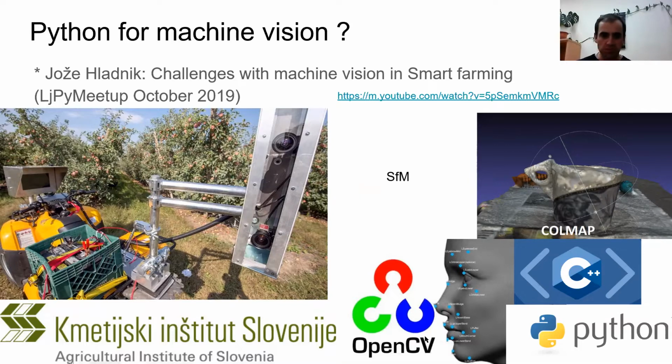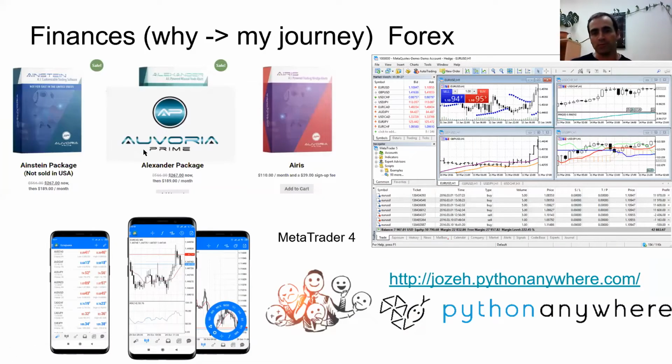This is really interesting, a pile of every machine vision thing. But in my daily work, I'm using Python for data analysis, for scientific data collection, and I make graphs and statistical analysis. But in the meantime, a friend introduced me to Aurora Prime. This is one of the forex trading robots, and they sell it like a contract: you get this robot on MetaTrader, on a VPN. So interesting. I was following this,